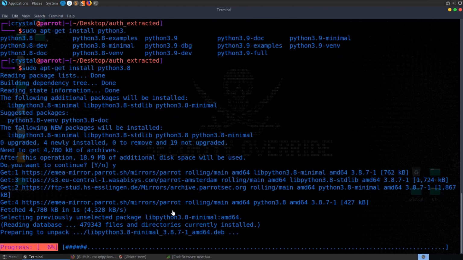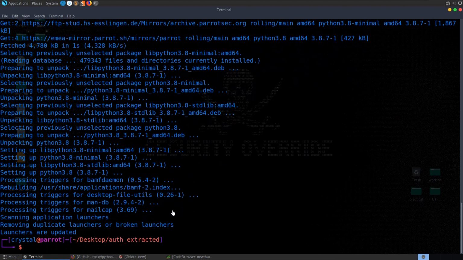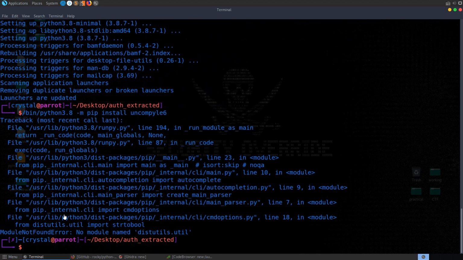I moved from Kali Linux myself to Parrot OS, and the reason I switched is because I was having so many problems with the Python installs, so I decided to start using virtual environments, which I have done. But unfortunately, let me just try and run here bin python 3.8 -m pip install uncompyle6. So we get this error